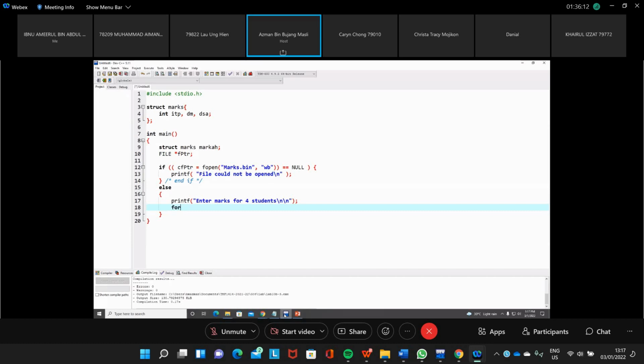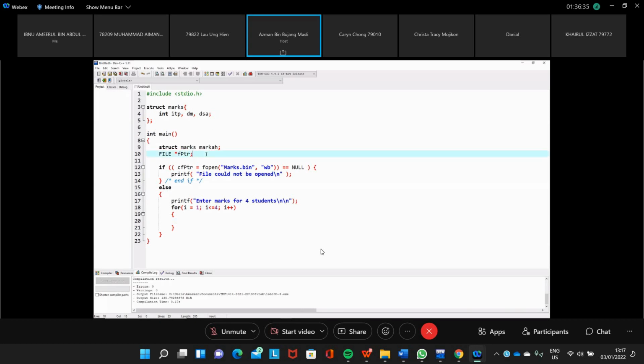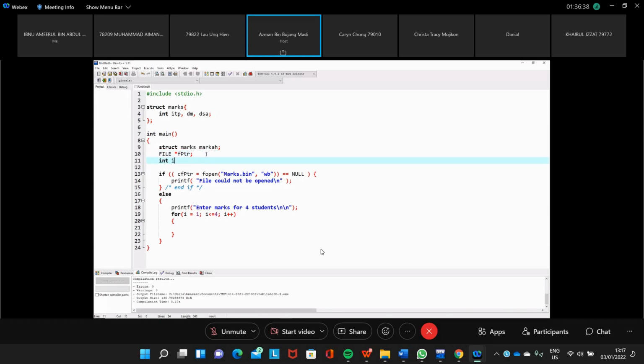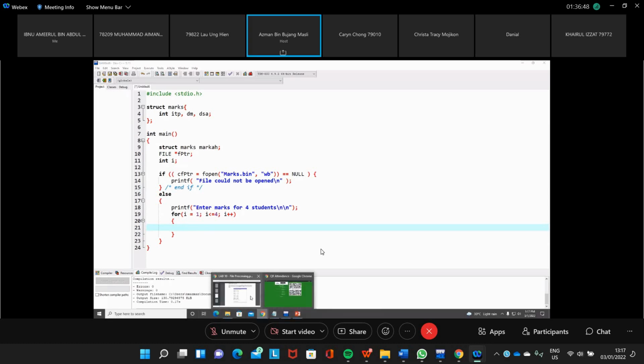So we need one variable I, I equal to 1, I less than 5, or less or equal to 4, for example. There are 4 students, I++. So we need another integer here, I. And then we display the output to the user so that they can enter the data.